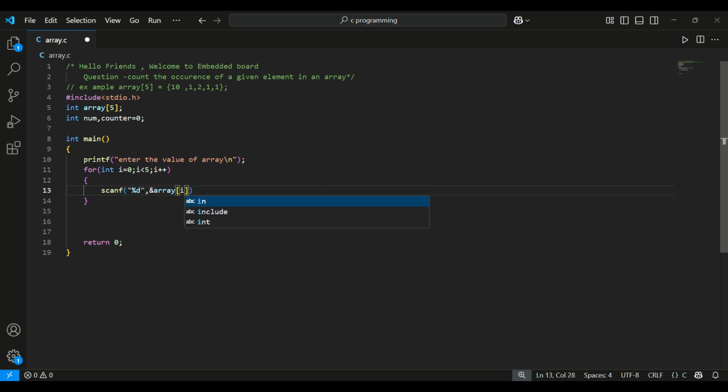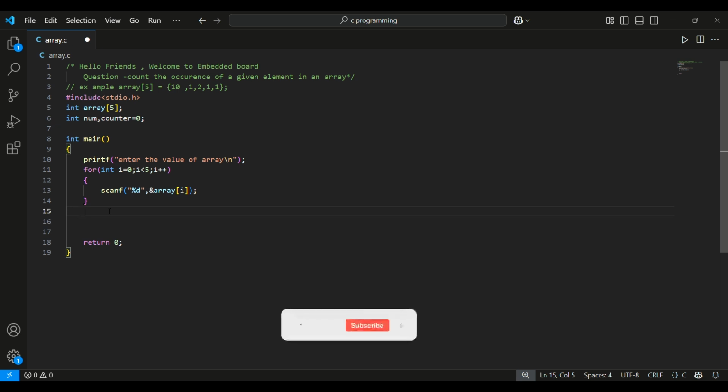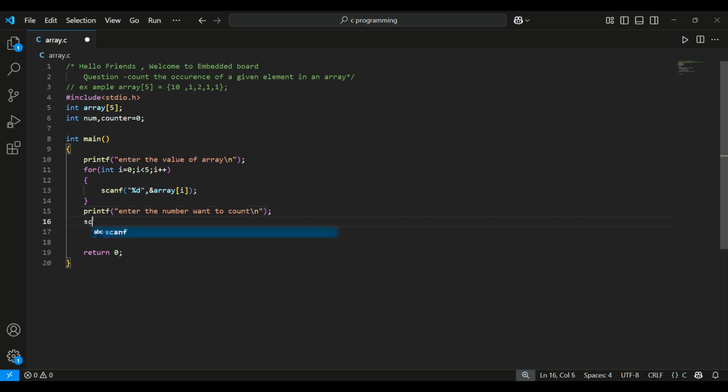We will save all the inputs in the array. Then we ask the user which element they want to count, how many times it occurs in the array. So let's give another printf statement: printf "enter the number you want to count". Now using the scanf function with %d, we take the input and save it in the num variable.